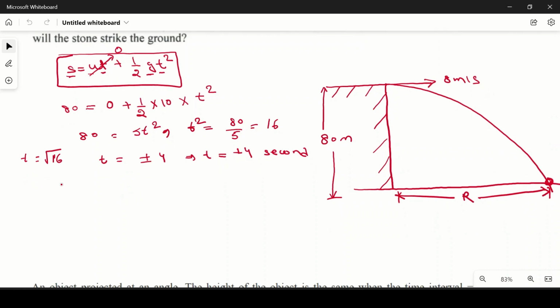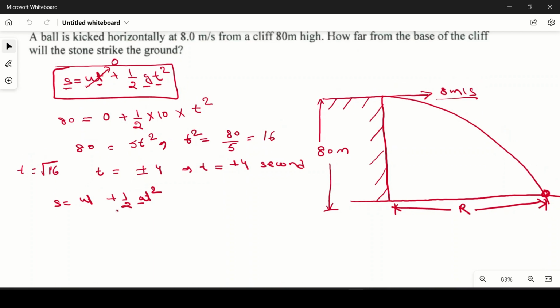In the horizontal direction we can also apply s is equal to ut plus half a t square. Here a is the acceleration in the x direction. In the x direction no gravity is acting; there is only a velocity of 8 meters per second. So the acceleration in the x direction is 0, so the a term multiplied to everything will be 0 here. So s will be ut,